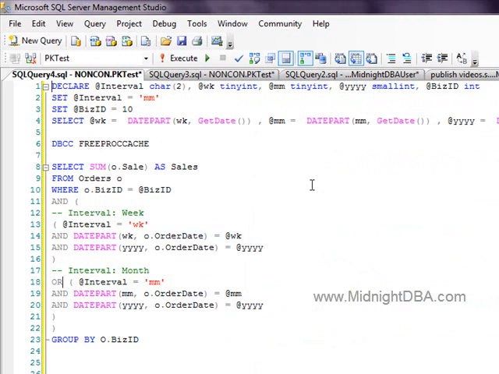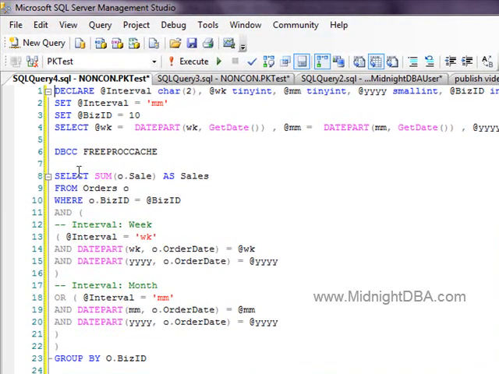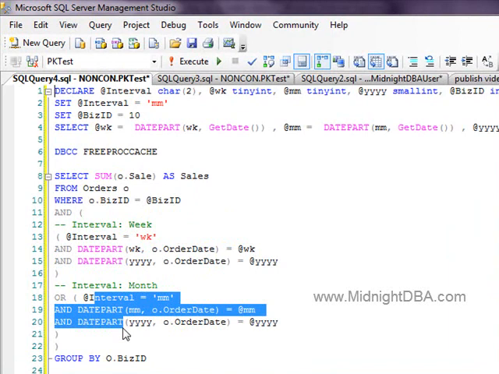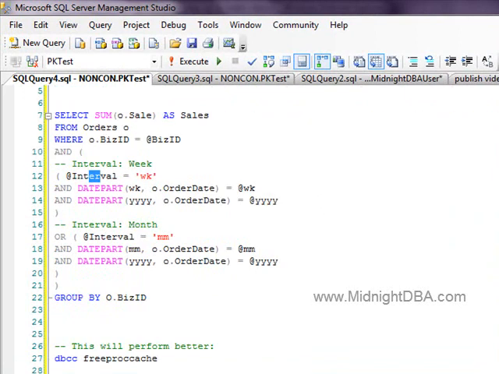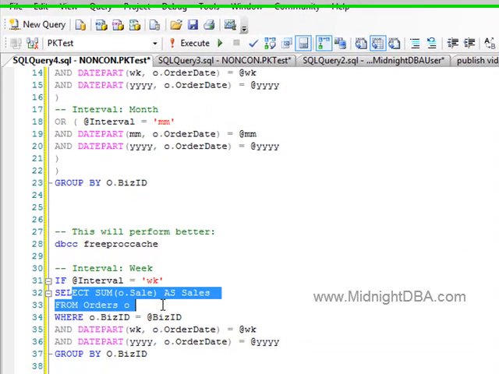So we know that OR is something that we really need to get rid of, and if you read this out loud, it kind of comes across naturally. Okay, select the sum, where the business ID, and okay, so the interval is this or the interval is that. Well wait, if it comes naturally to us, it really should be in an if statement, and that way you've got a nice clean select sum from orders,